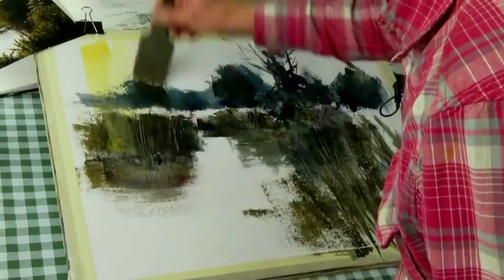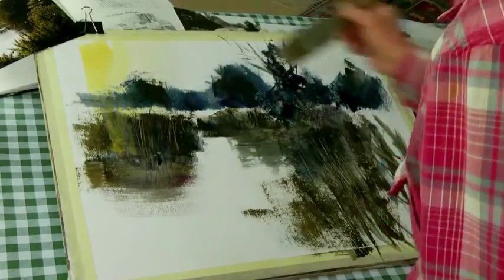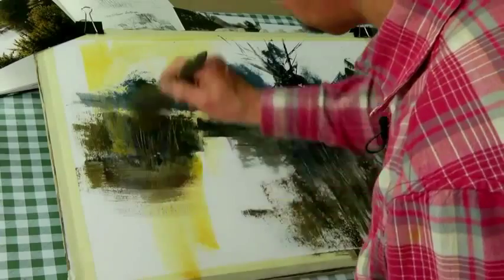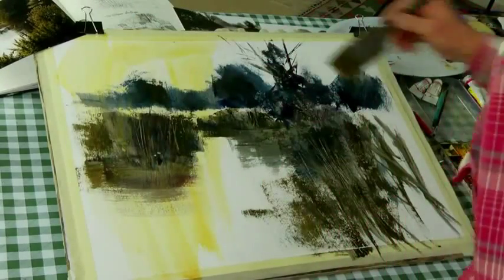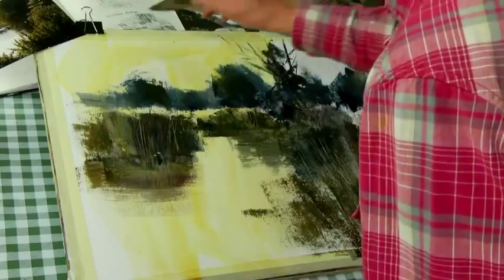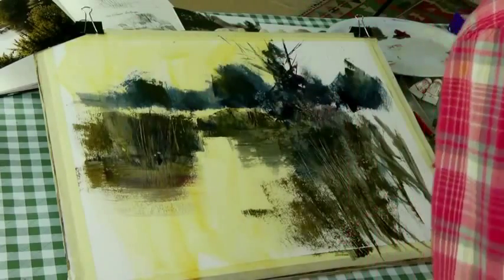Now this is acrylic that I'm using to start with here to establish these first marks, over which I'm going to put my watercolour washes. Start over here and sweep across the whole thing, covering everything with the yellow. Now this is basically to create a mood of early morning light. The sun has only just broken through, and in fact I'm going to include the sun, a watery sun, in